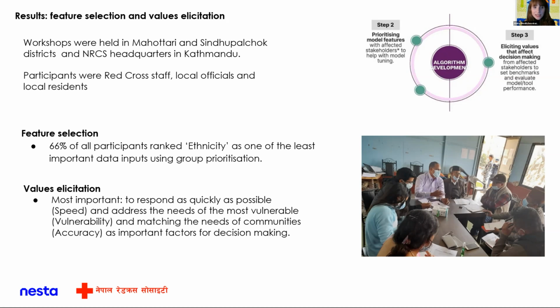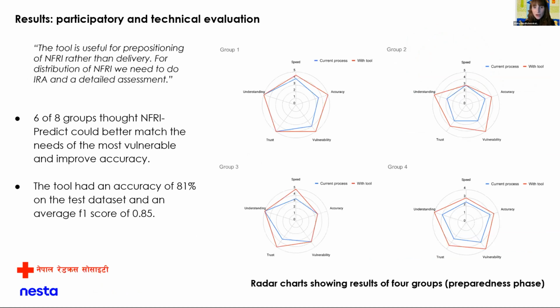During the values elicitation exercise, we found that the really key priorities that local stakeholders highlighted, which they thought would assess the appropriateness of the tool in this context, were how well it performed on accuracy, speed, and being able to address the needs of the most vulnerable. Those three criteria were 3 of the 5 that we used during a comparative evaluation in our participatory evaluation